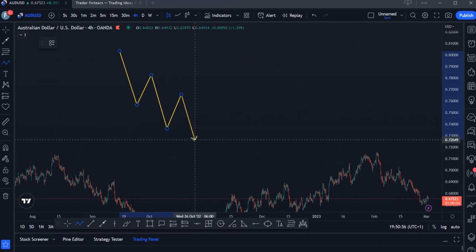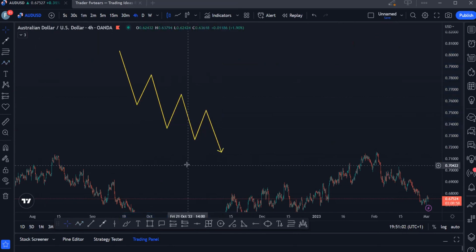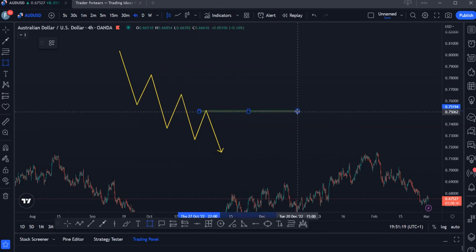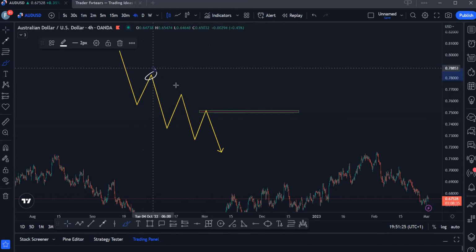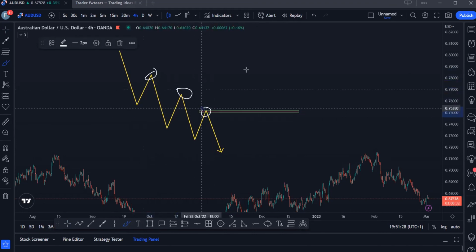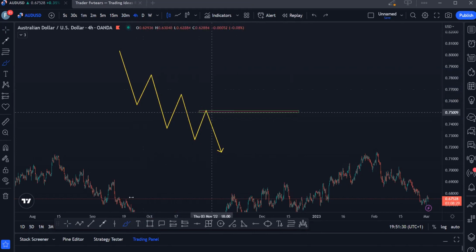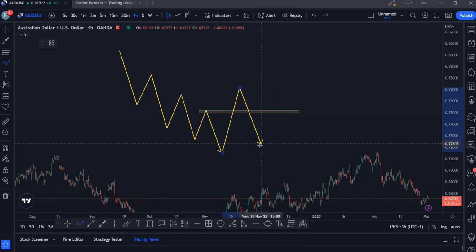Like so, at what point will the trend change from a downtrend to an uptrend? Okay, it is when structure is broken. So the only time that this downtrend would possibly start changing to an uptrend is when price breaks structure, when price breaks the lower high. This is lower high on this downtrend. All of this is lower high, right? As we've already established. Okay, so when price breaks lower high, like so, okay, and price retraces like so, and